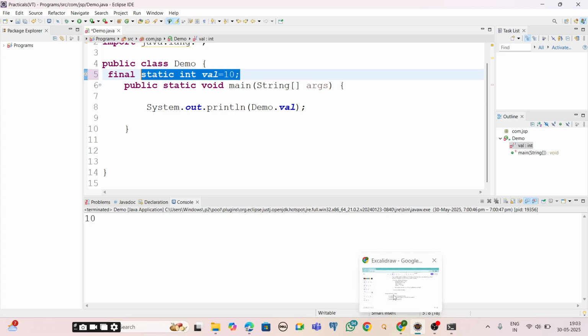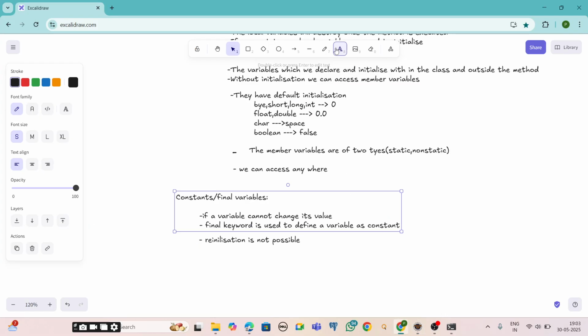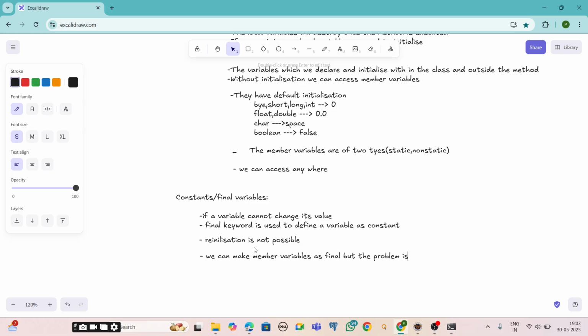So we can make member variables final, but the problem is that default initialization is not possible because it is a final member variable.